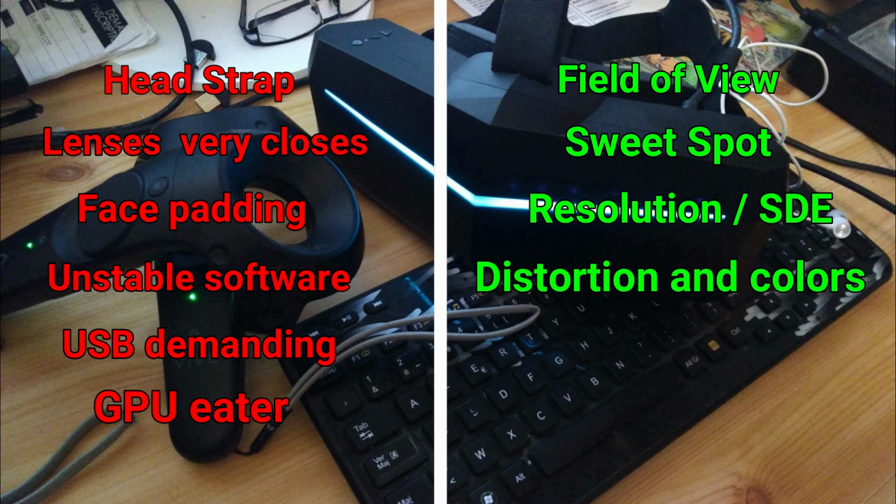About the distortion, I don't have any issues. Well, there is some distortion, but it's only at the edge of the field of view, on the large field of view, and maybe a bit with the normal field of view, but it doesn't disturb me at all, because I can't focus on it. It's too far away for my eyes to go on it, so I don't really see the distortion. It doesn't disturb me. I guess it's because of my brain and my skull shape,